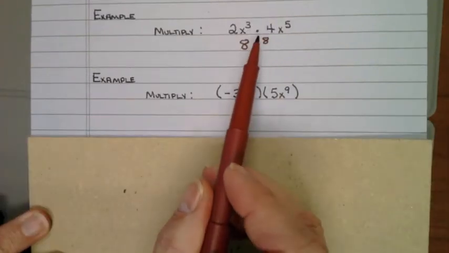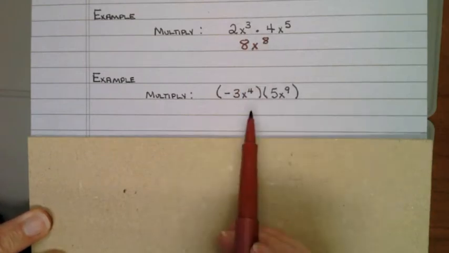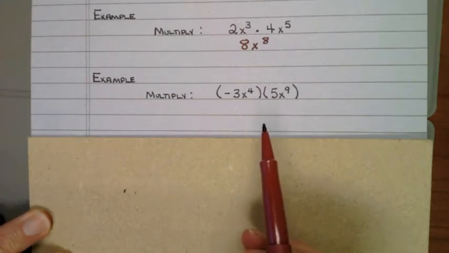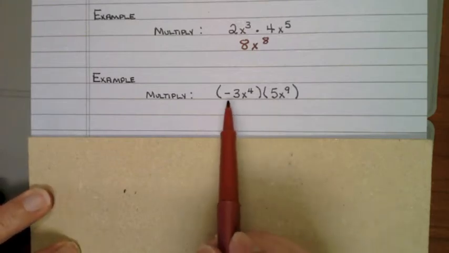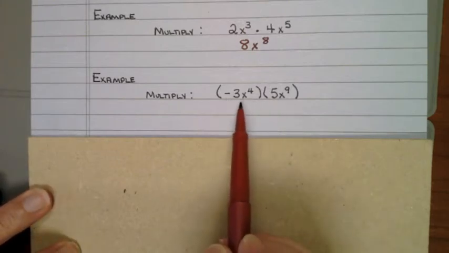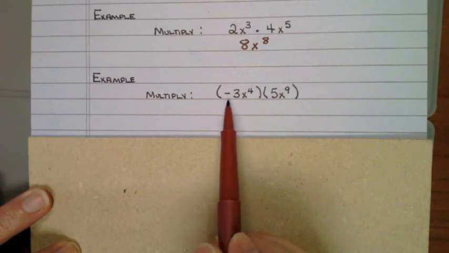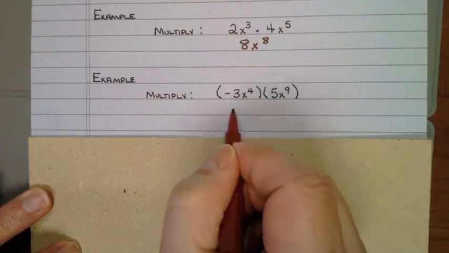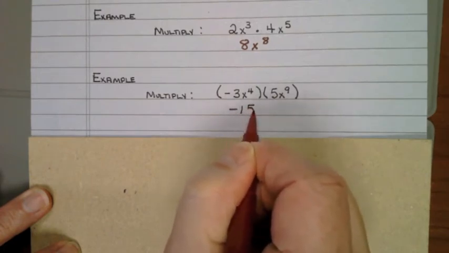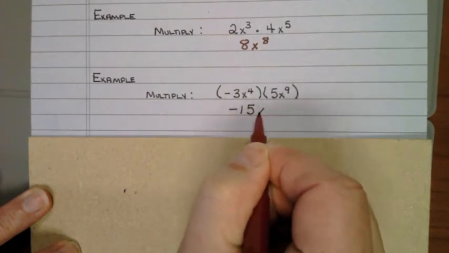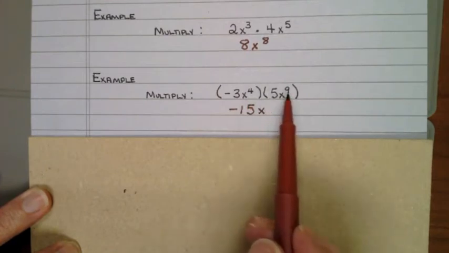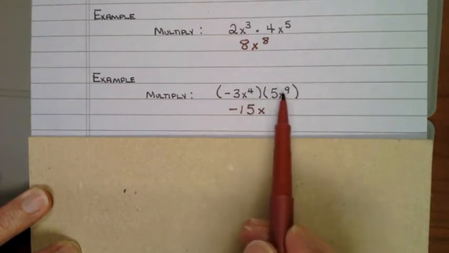Sometimes they'll use a dot to represent multiplying. Sometimes they'll use parentheses to represent multiplying. It's still the same thing. The rules say multiply my coefficients together. What's my coefficient for this? -3. What's my coefficient for this? 5. -3 times 5 is -15. Then I write down the variable I'm using. And when I multiply, I add my exponents. 4 plus 9,